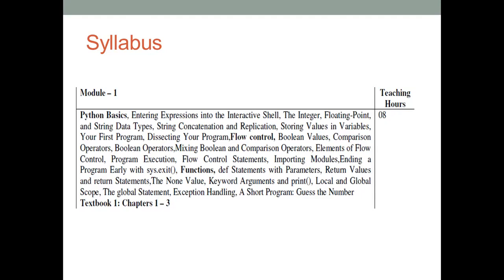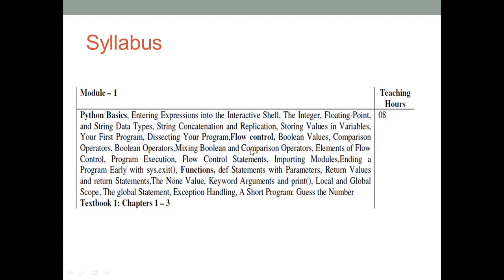And then dissecting your program means how your program will get executed, and what other things will happen. Dissecting, in the sense of how you take input and how you print output, those input and output functions, that we discussed in dissecting your program. So this entire concept we discussed in the first chapter, that is Python basics.